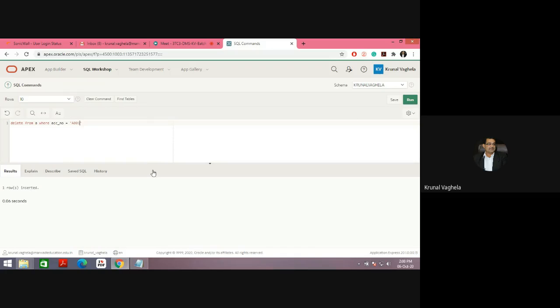But now, one row deleted. See, the record is deleted, and let me show you the child table. You will not find any entry. Select star from loan. See, no data found. The loan entry also got deleted. I have deleted the row from account, but as we have used on delete cascade, the loan entry also got deleted. Now let me show you the set null.